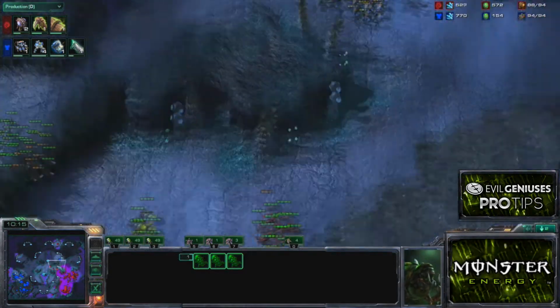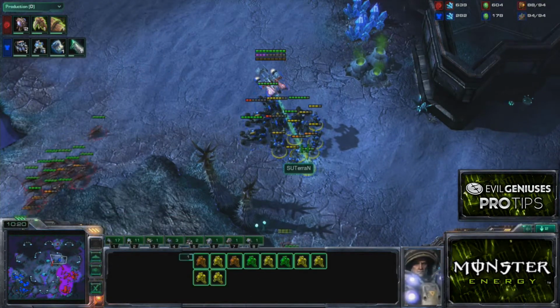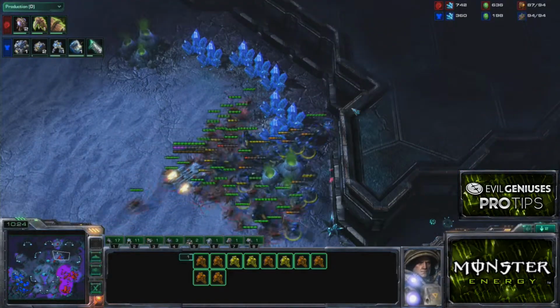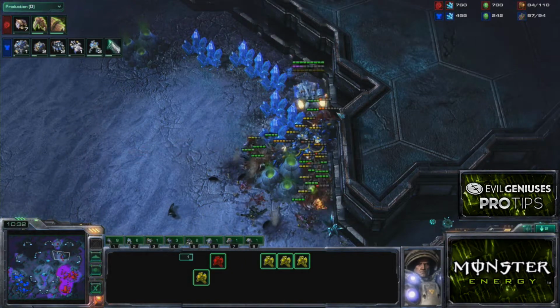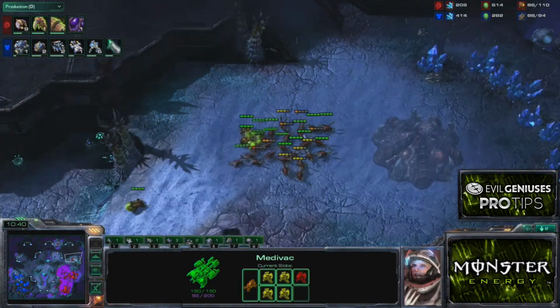So I have a few more Zerglings here. I'm basically just going to try to go for a surround. He's only got a medevac, so he can only pick up so much. And he does a good job trying to get positioning, runs behind the mineral line, but it's just not enough. I'm able to kill all that off, and now that I've attained map control, I can just